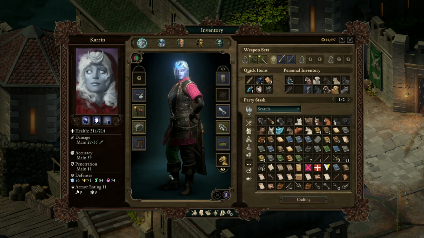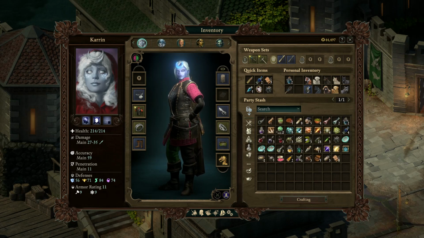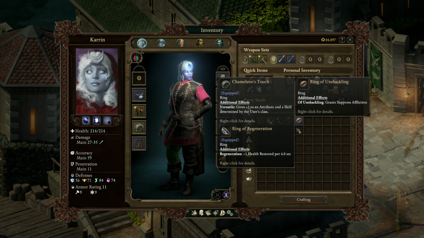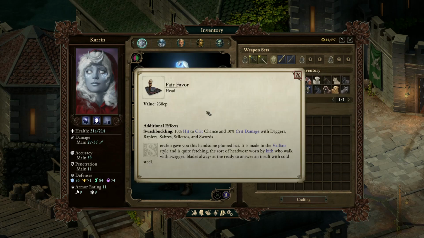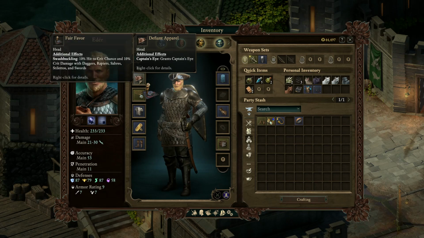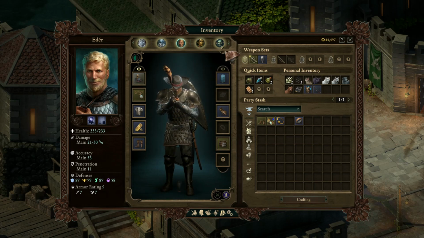So we're done with his quest then? Yeah, I don't think I can wear it. Where'd it go? Wouldn't be here. Oh, here it is. Fair favor. Yeah, mine is locked. So I'm going to give that to Eater. He's got a really fancy hat right now. Ooh, that is nice. I like that. And your blade...